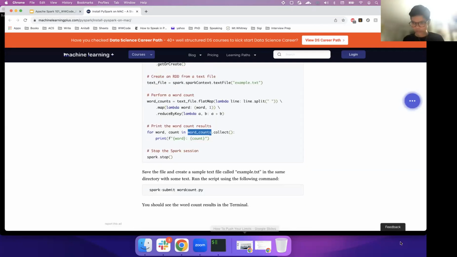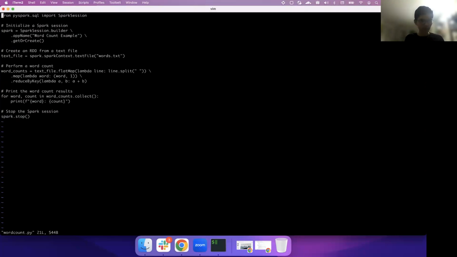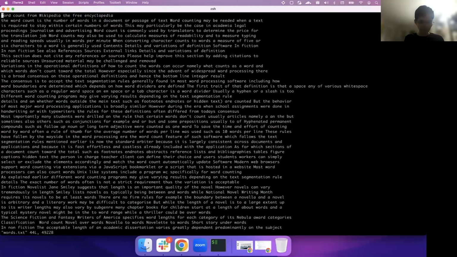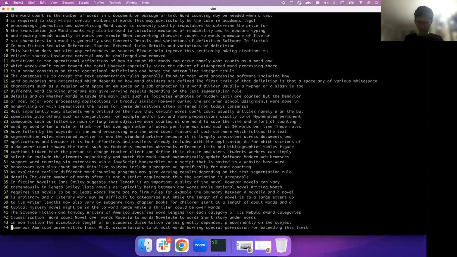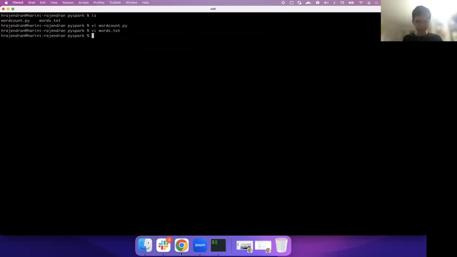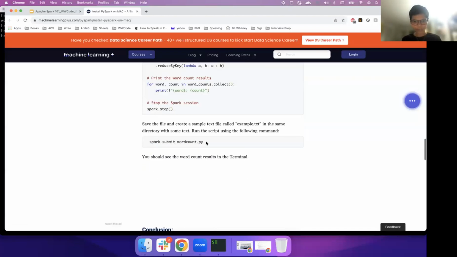So just to run and show it locally, this is the same word count program that I showed there. And I named it words.txt. So this words.txt essentially has 44 lines of text separated by space. So now if I just run the Spark submit job, I installed all of this and have everything set up already. So now I'll be just